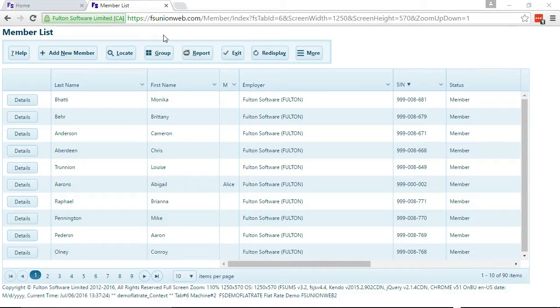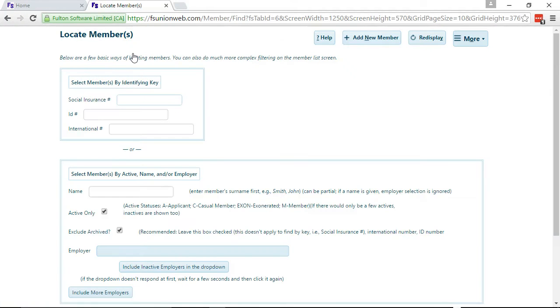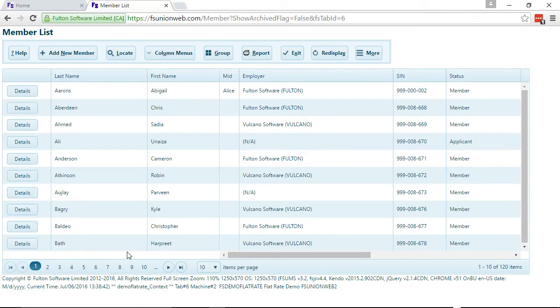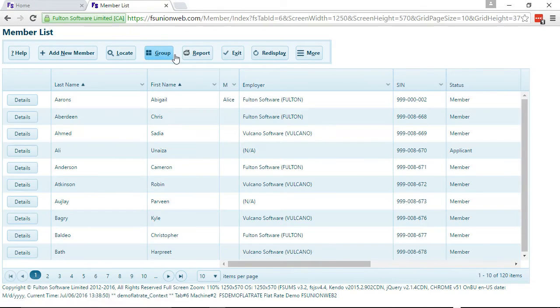So now let's do a different locate, and we'll select all the members this time. So we'll just press enter with all the options blank. We'll press column menus again to enable that,